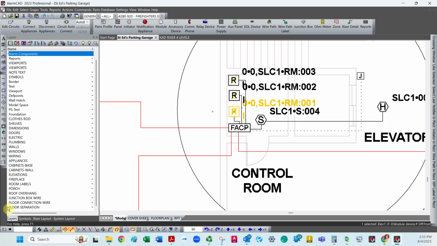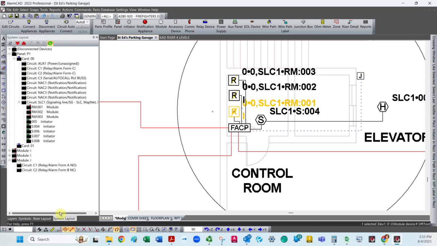If we go over here to the system layout and you look at it, these are not connected. They're connected to SLC1, but they're not connected to anything else, therefore they're not monitoring anything else, I guess. And so you have here the 3 modules, and you can see that they have normally open or normally closed circuits. So I went in and I assigned the wires to those,